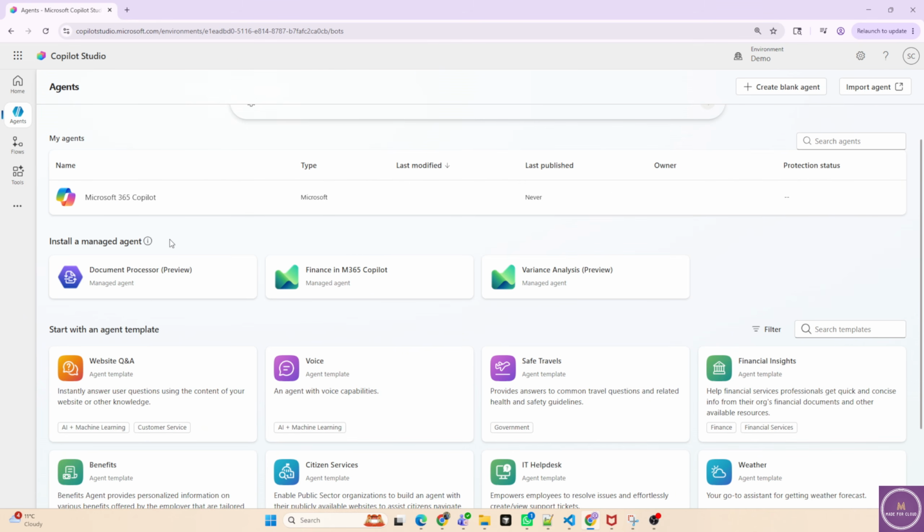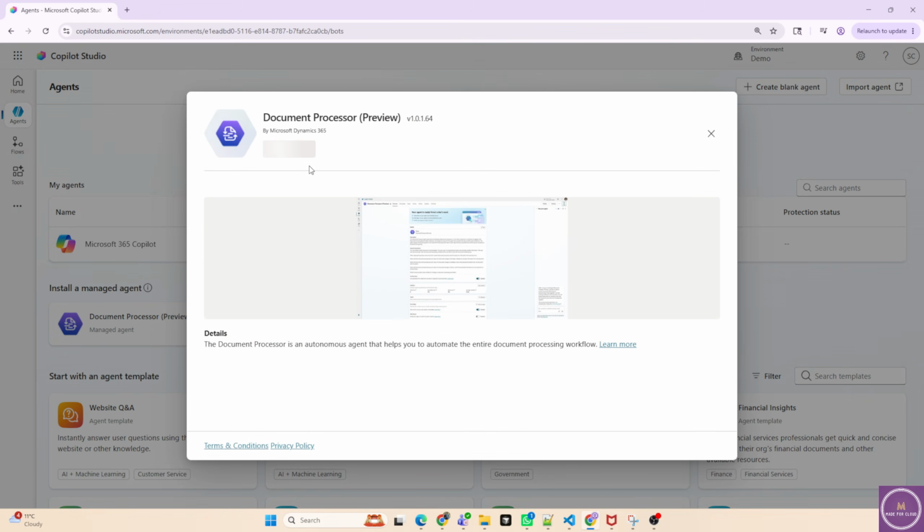Another managed agent is Finance in M365 Copilot. This agent works in different apps like Excel for data preparation or reporting. Some of these features may require some extra licensing also. The third one is Variance Analysis, which is in preview too. This is about finding differences, such as what's the budget, what's the actual, and finding revenue variances. If you click on Document Processor, you just have to click on install, and then it